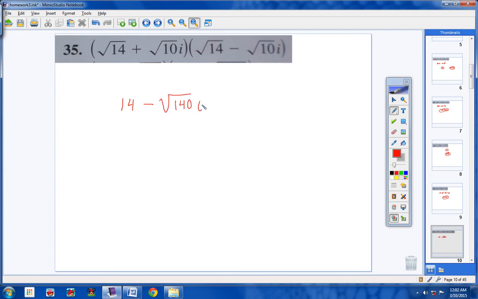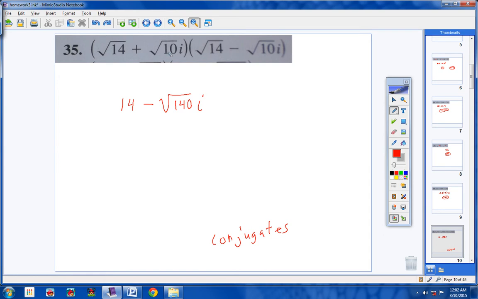And then, of course, I, okay? Now, I took this, and by the way, notice you're multiplying conjugates, okay? So your middle terms here and here are going to cancel out, okay? Just want to point that out to you. Alright, now